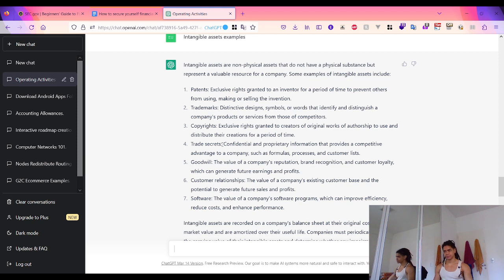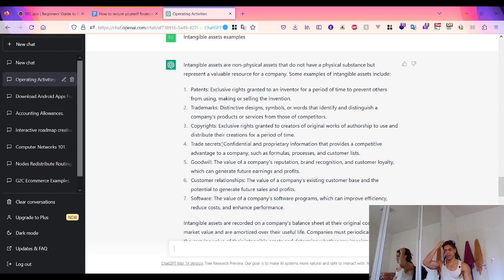Copyrights grant exclusive right to creators of original works to use and distribute their creations for a period of time. Trademarks: distinct designs, symbols, or words that identify and distinguish a company's product or service from those of competitors. And trade secrets,